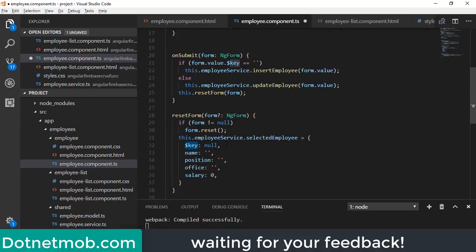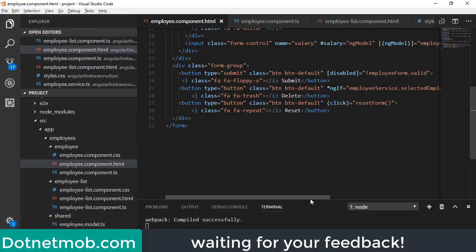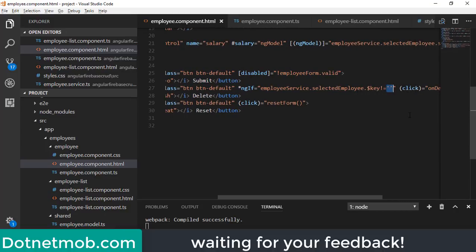So we need to make a few more changes here. Inside the onSubmit event, we are checking with the default value here. If form value dot $key is equal to empty string, then we go for the insert operation. Instead of empty string, we need to use null. And we need to make the same change inside this condition to show and hide the delete button here. Instead of empty string, we need to use null here.